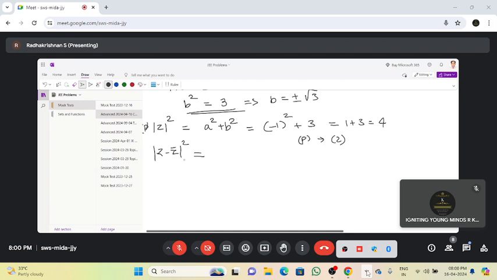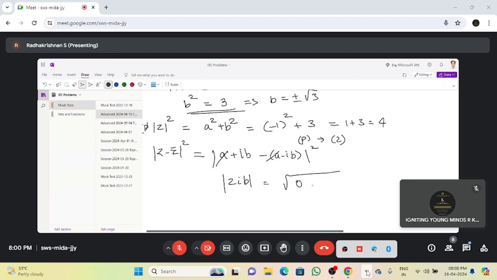So who has solved this? That is very easy. Z minus Z conjugate the whole square. Who has done this? Raise your hands. No, it's not actually very hard. See, A plus IB minus A minus IB. So what is A plus IB minus A minus IB? A and A get cancelled out. So it is simply 2IB. So 2IB or a mod, obviously square root of